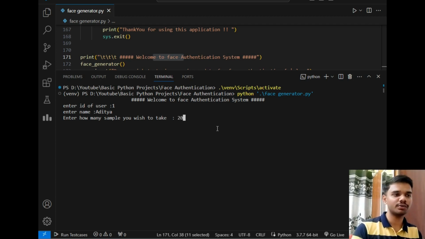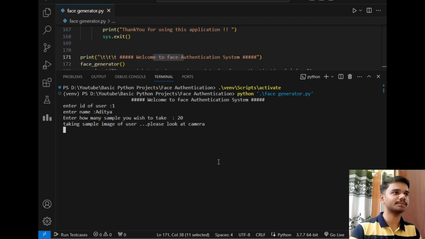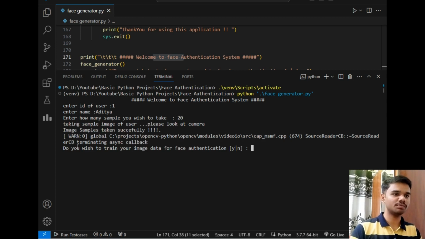So I am requesting that the program take 20 samples of my face. So I will just hit enter, taking samples. So I will look in the camera. And as you can see, image samples taken successfully. This is a warning message, so just avoid it. And as you can see, it is asking me, do you wish to train your image data for face authentication? So I will say yes, but before saying yes, I would like to show you the samples that the program